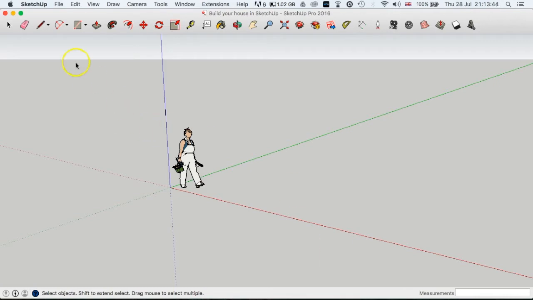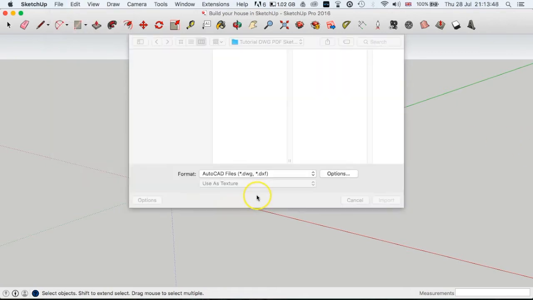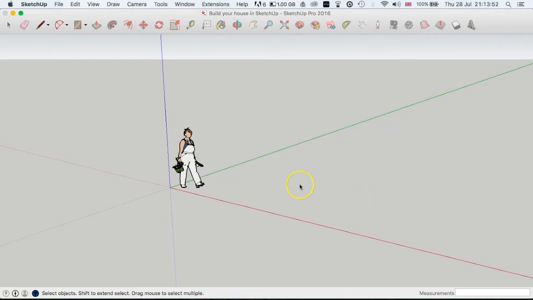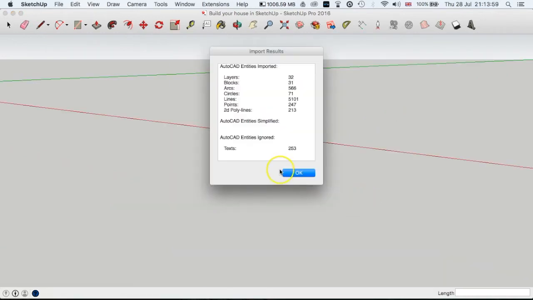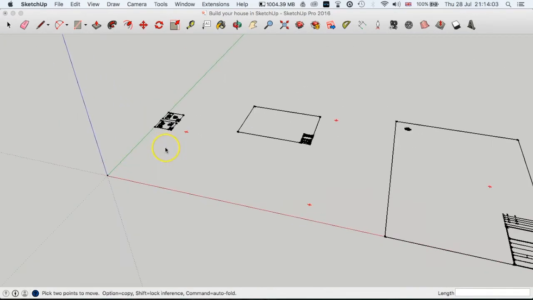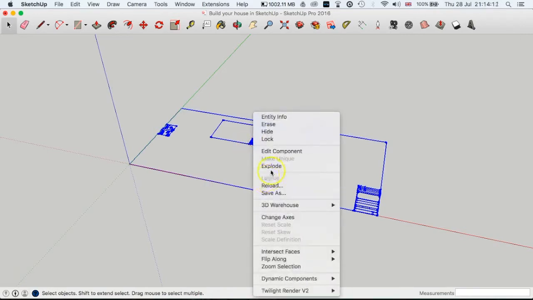So as I showed you earlier, what you do is File, Import. This is in the previous video as well if you've already seen it. We've got an existing DWG. We're going to import that. Just let that load, a little rainbow wheel of death if you're on Mac. So see all the information there, and then if we scroll out, you can see it's all grouped together. What we can do is right click and explode that,